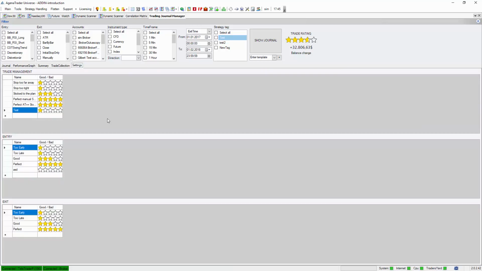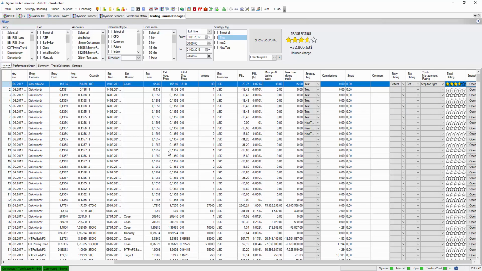The settings, I already showed it. With this, you can change the way you want to be rated or rate yourself, and that's pretty much it. All right, that's TradingJournal and TradingJournal Pro to filter and analyze your trading performance, and yeah, having some nice features